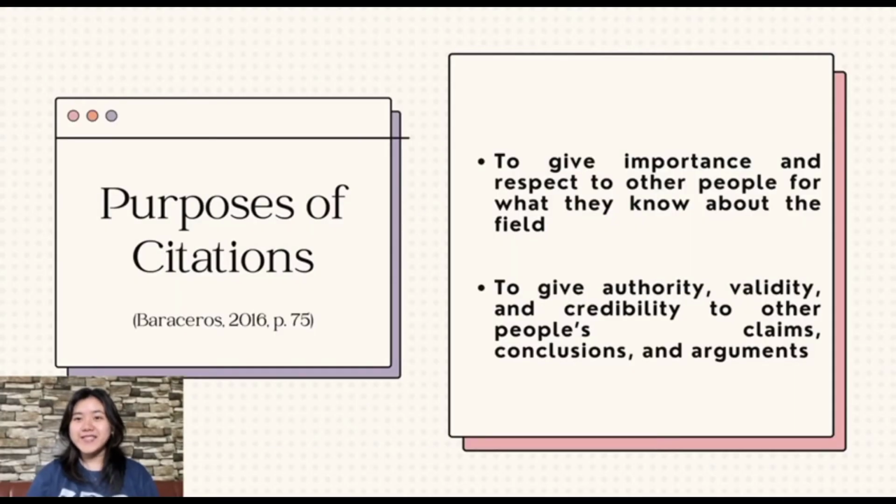Now that we know why citations and references are important, let's move on to knowing what are the purposes of citations. So Baracero's 2016, again page 75, states that there are 6 purposes to citations, and these are: first, to give importance and respect to other people for what they know about the field; next, to give authority, validity, and credibility to other people's claims, conclusions, and arguments, of course since they are not our own original ideas; next, to